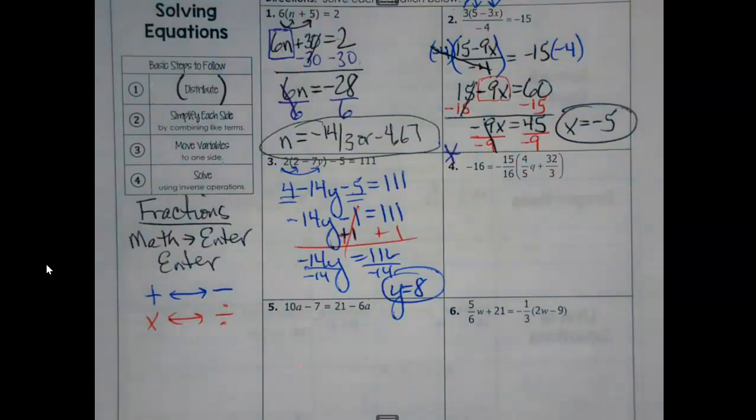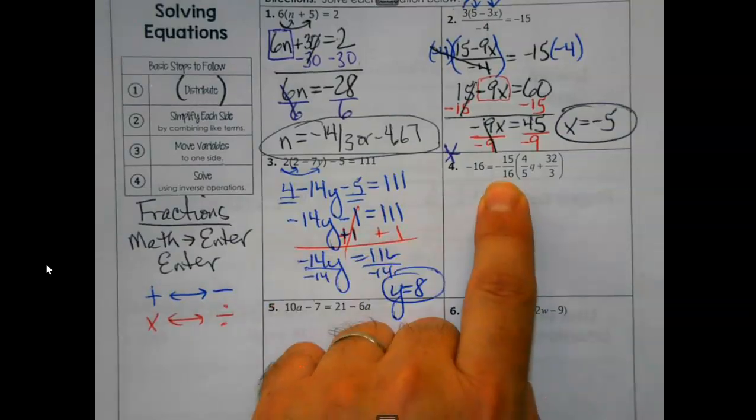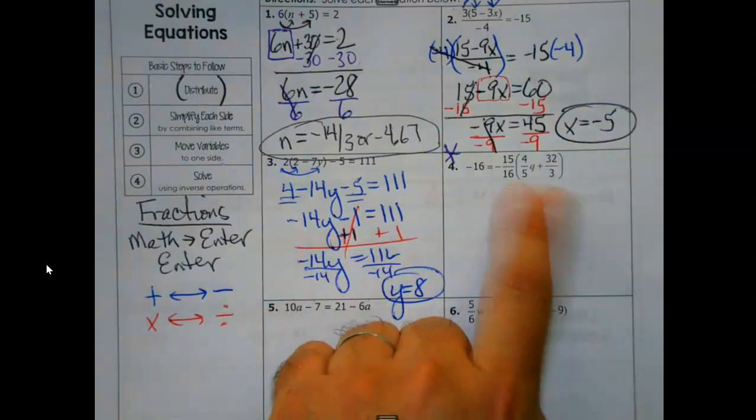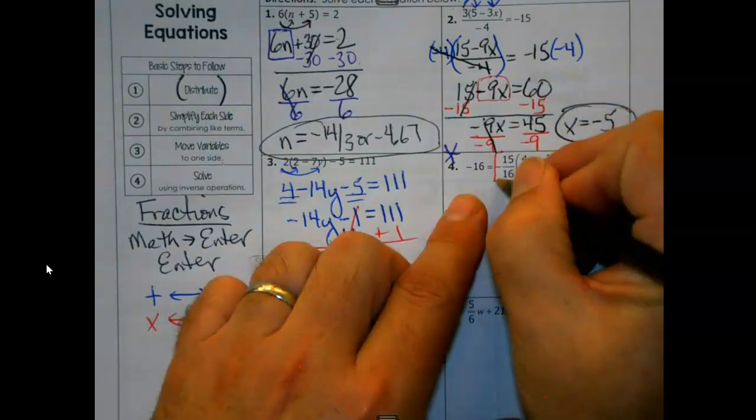That looks like a mess to me. Like that's good. Ugh. I don't even want to deal with that. You don't have to. So here's what we're going to do. We're going to get rid of the fraction right away. So if you see a situation like this where there's a fraction outside parentheses like this, what we're going to do,